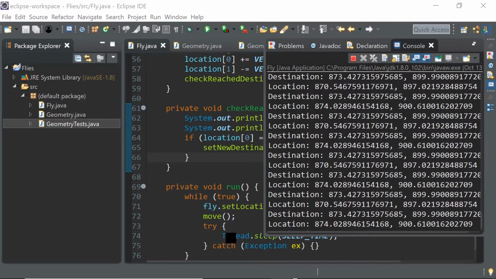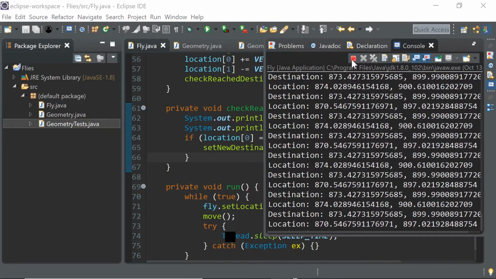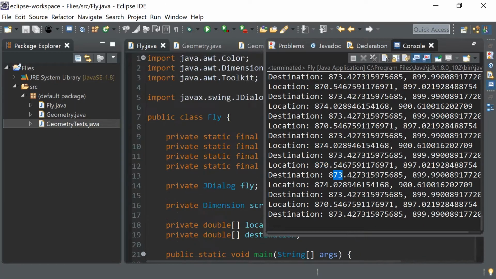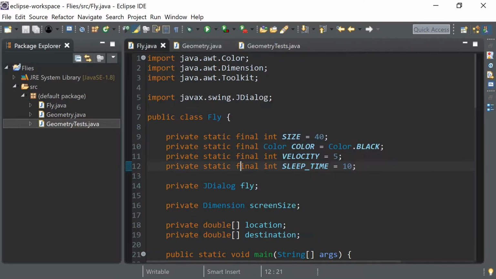All right, so we seem to have hit the destination. Let me pause this so we can look at the output. So the destination is 873.899. You can see that the fly is continually bouncing back and forth between 874 and 870, just overshooting and undershooting the actual destination. And the reason is we have a velocity of 5, so we're increasing the fly's position